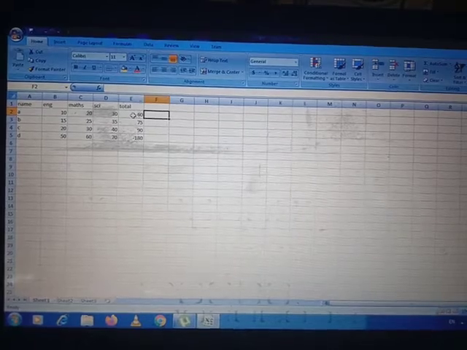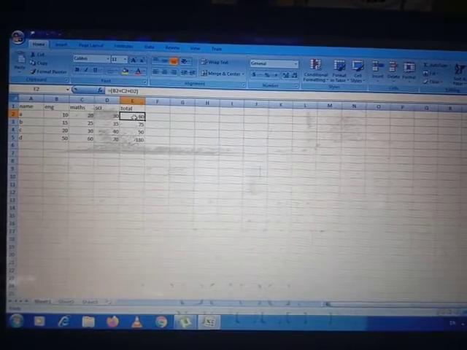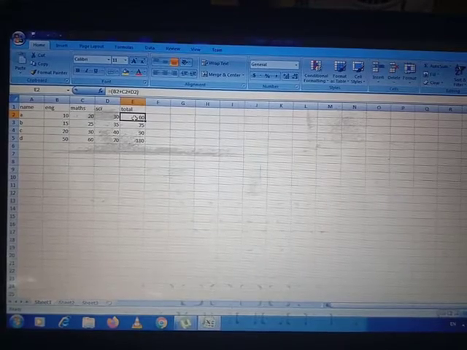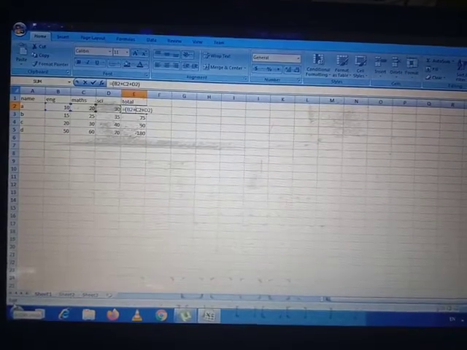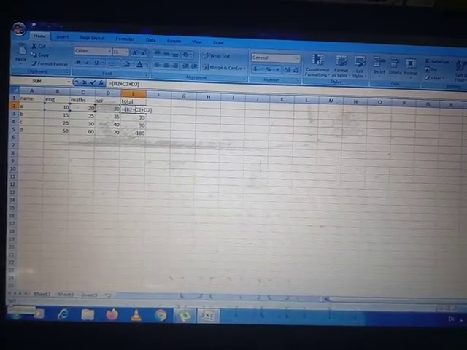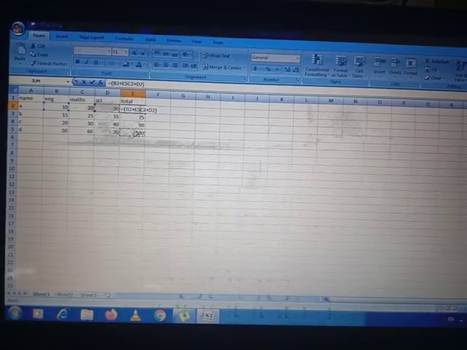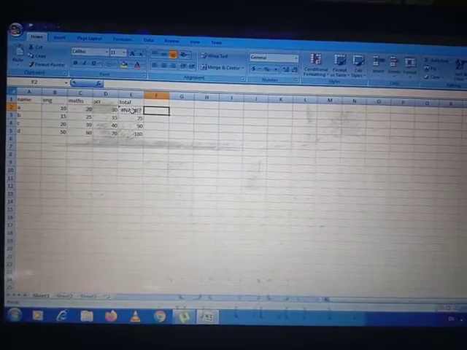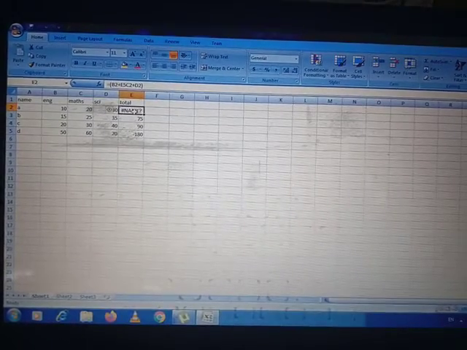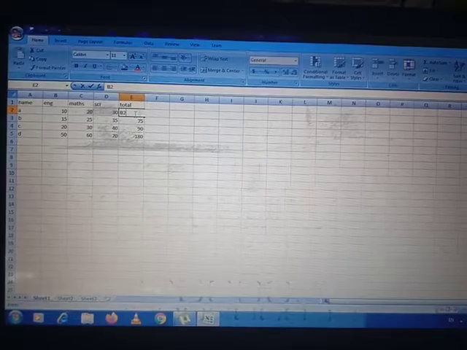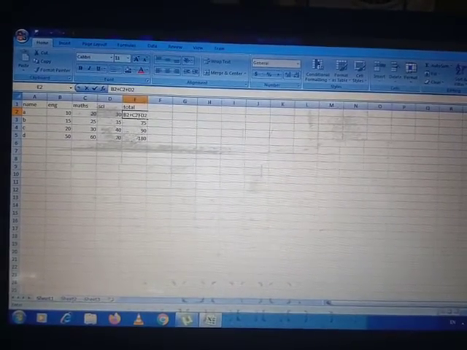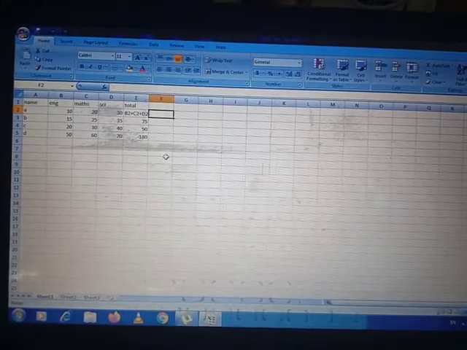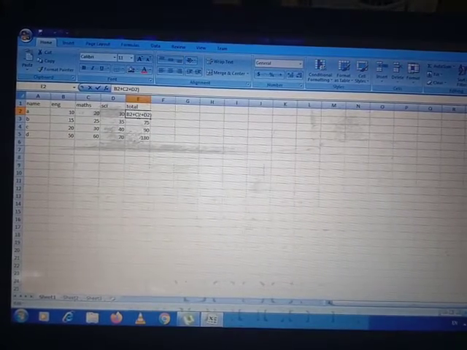To overwrite, we just have to go to the particular cell. We don't need to double click. While we double click, an edit mode will appear on the left hand side at the bottom, just above the start button. You can see that there is an edit mode. If you don't want to use the edit mode, that mode is to overwrite it. You have to just click on the particular cell and then write the data which you want to write. And that data overrides the particular cell.